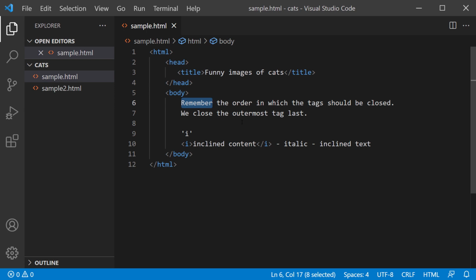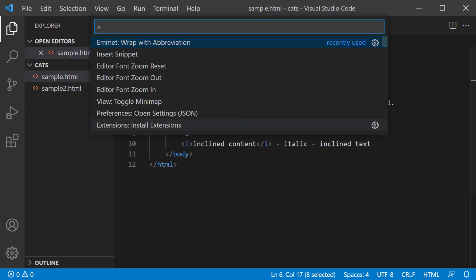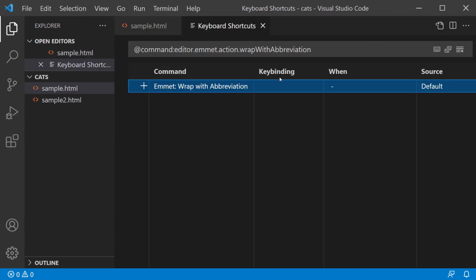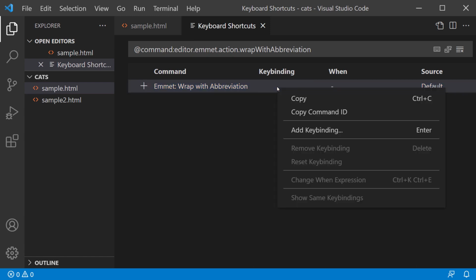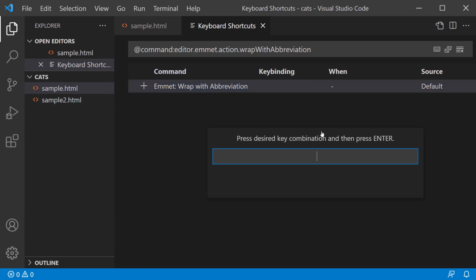Ctrl+Z, let's come back to the Ctrl+Shift+P. And as you can see, here is some kind of gear here, right? You can click on it and configure the key bindings. And when you click here and add key binding, you can press the desired key combination and then press enter to make the new binding for this wrap with abbreviation, okay? So we will not need to use the shortcut Ctrl+Shift+P and then find the command. We just need to, for example, type